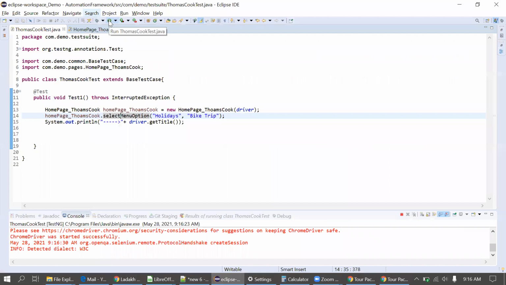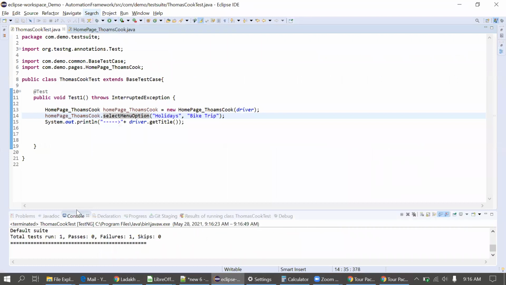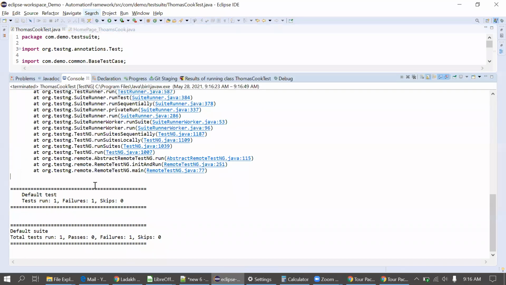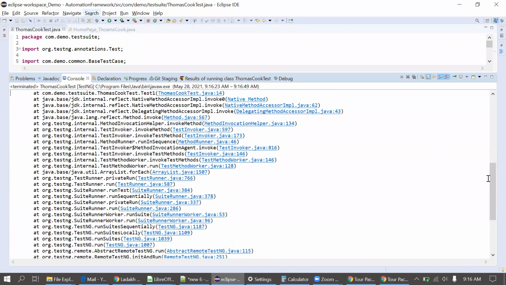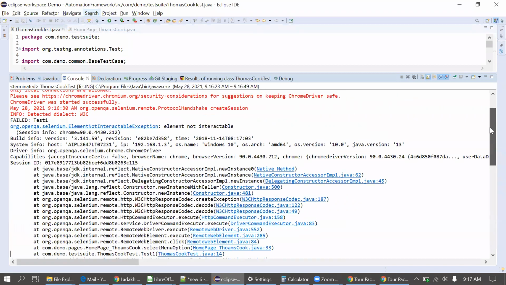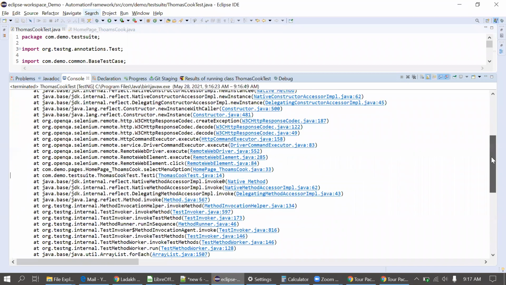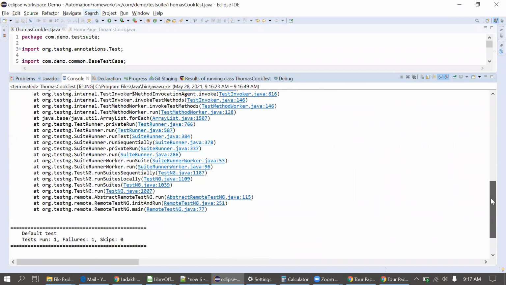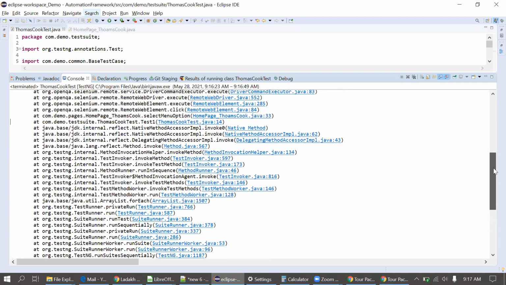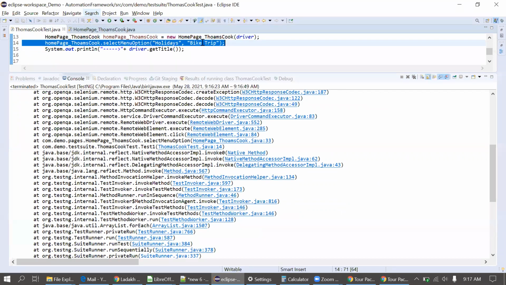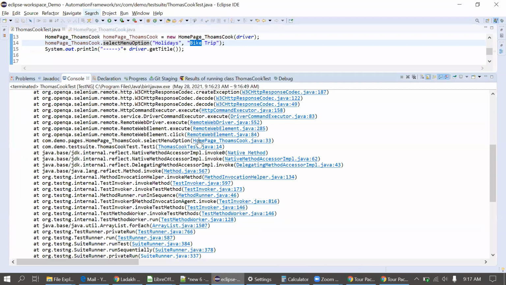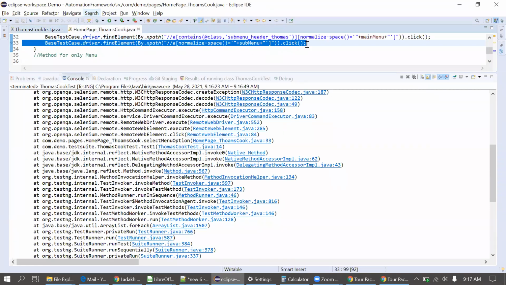I think it's clicked, yeah, still it's a failure. It opened the menu, why did it still fail? Element not interactable. Again, the same error we got at line number, where is that? Yes, here, line 33.